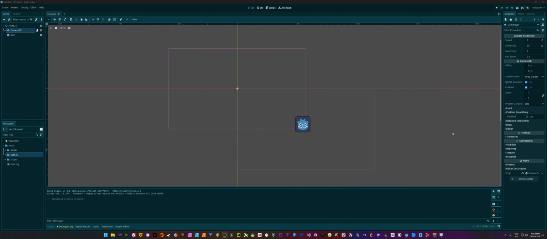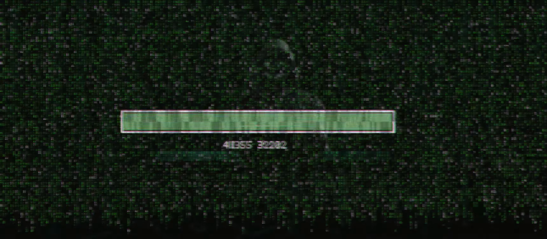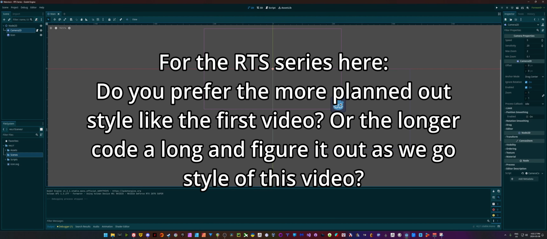Let's take a look at our tile set and placing buildings. Alright, for the tile set today, I went ahead and found one of the RTS sets from Kenney. I am using the sci-fi one, and that is